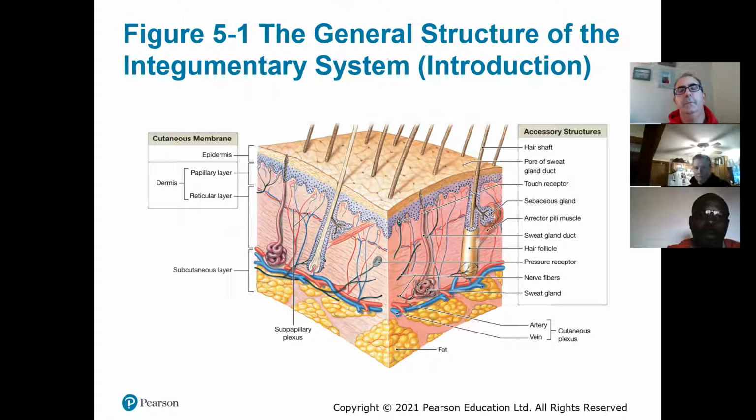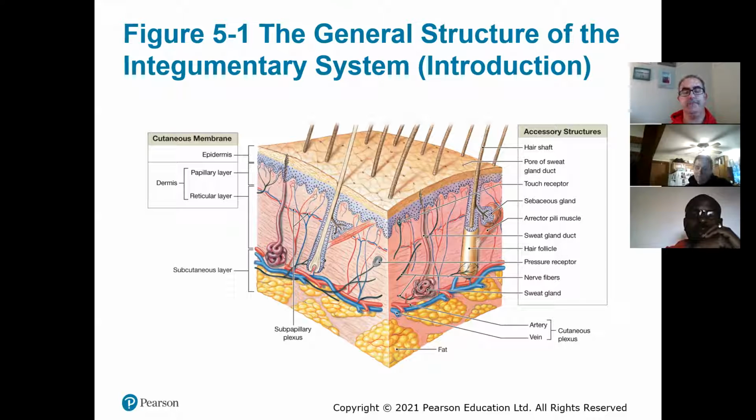So up until now, we've been talking about cells and we talked about tissues. Now we're actually getting into organs, and the skin is the first organ or organ system we're talking about. The significance of that is that the skin is made up of multiple tissues, right? Organs are always made of multiple tissues, and the skin is no different. So this is the first time that we're going to see multiple tissues, which we just started going over on Wednesday, but you'll actually see in practice that there are multiple tissue layers within